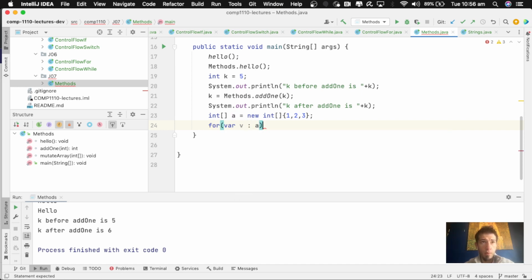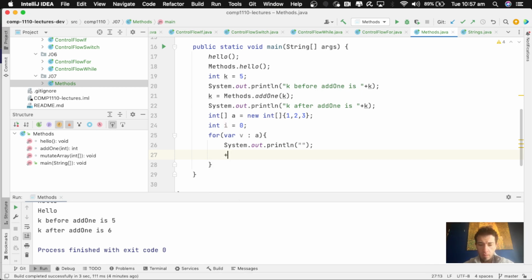So this will loop over the elements of that particular array, and we can print out the values. One of the problems is that we would like to refer specifically to one of the elements. We would like to know the index associated with each one of the elements of this array. So let's define an integer up here, set it to 0, and increment that index each time we perform one iteration of this loop. So we can increment it this way, and then we can write, before mutation,